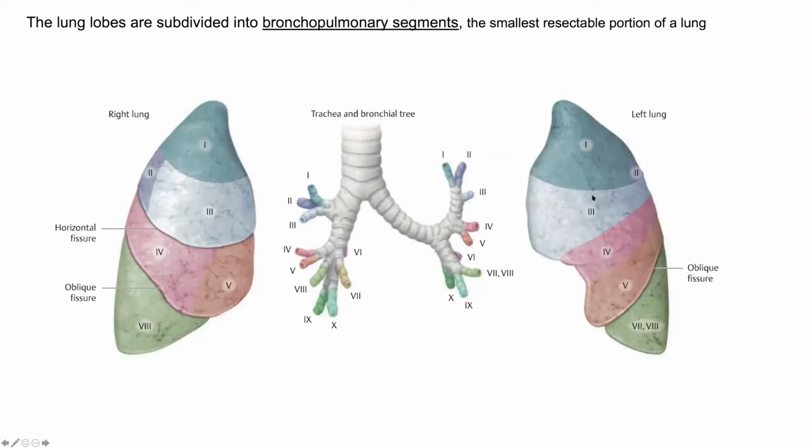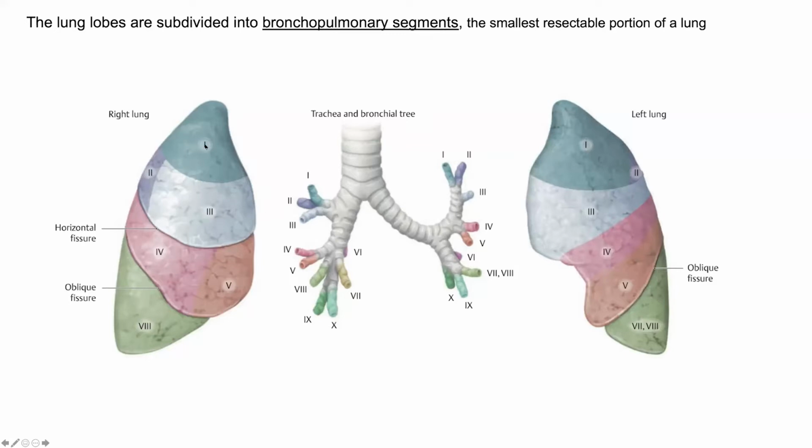You remember, lung cancer is one of the... Doctor, can we only remove one segment? No, you can remove more than one segment. It is up to you. But it has been said that this is the smallest resectable portion. Let's say somebody has a cancer, let me make it simple. If somebody has a cancer in the right lung and it has been identified as located in bronchopulmonary segments 1, 2, and 3, we can resect 1, 2, and 3 without causing any functional loss of the remaining units of the lung. So the lung will remain functioning and we'll be doing a partial lobectomy.